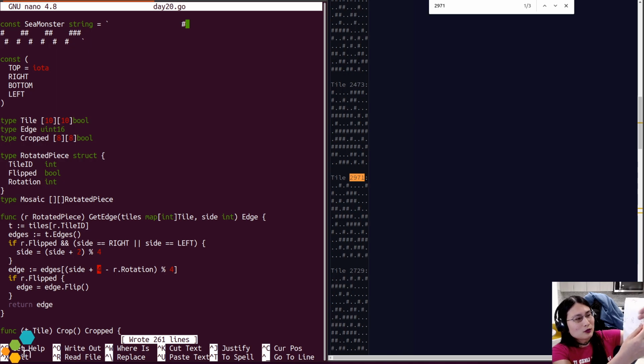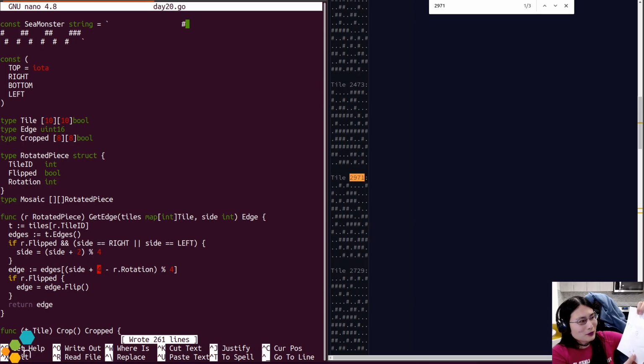So if I've rotated once, then I ask for the left-hand side, then side is still left. Rotation is now 1. Side plus 3, which then flips it back 1. Yep, that's correct. Okay, I believe that.